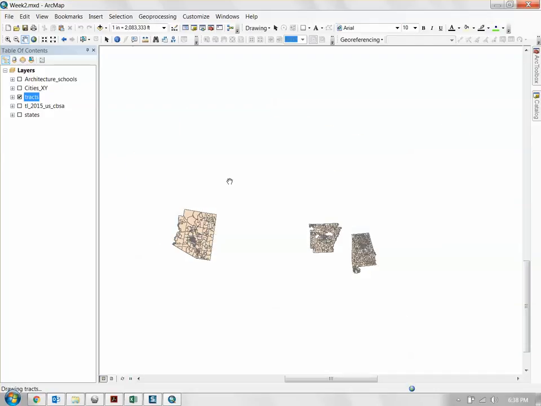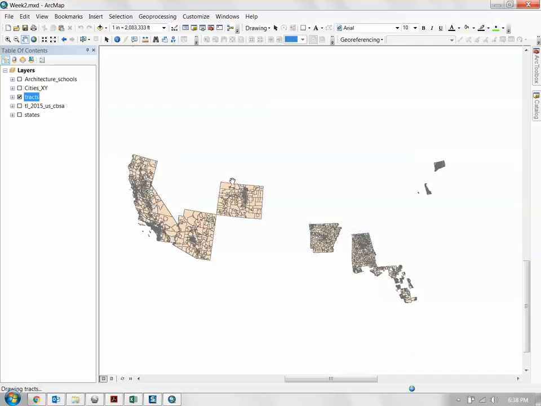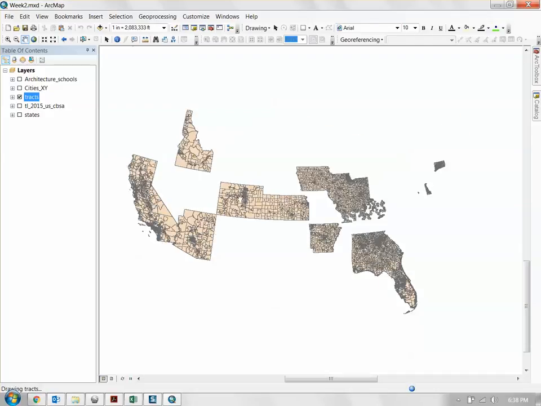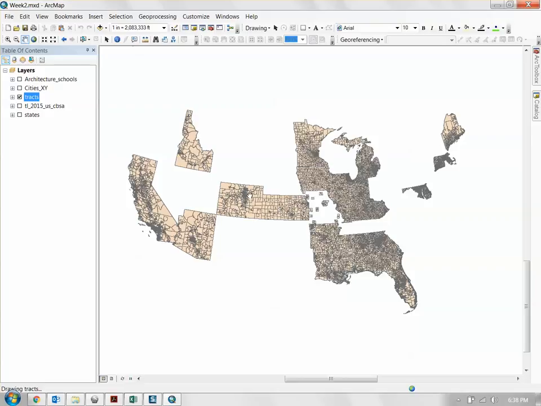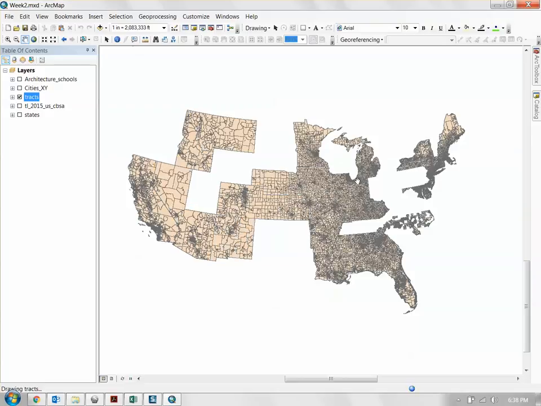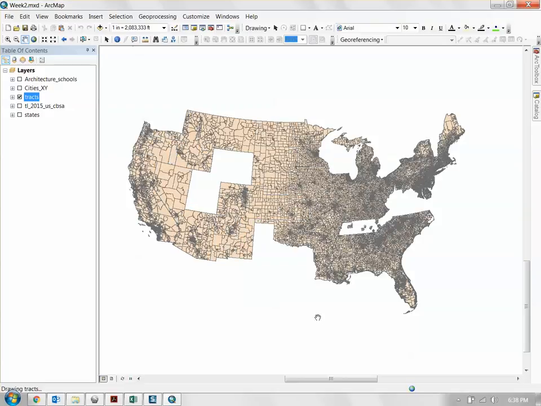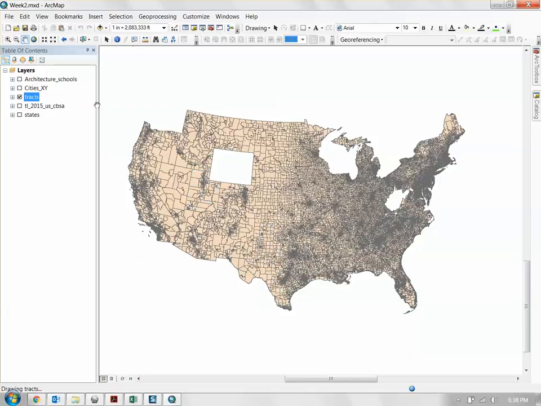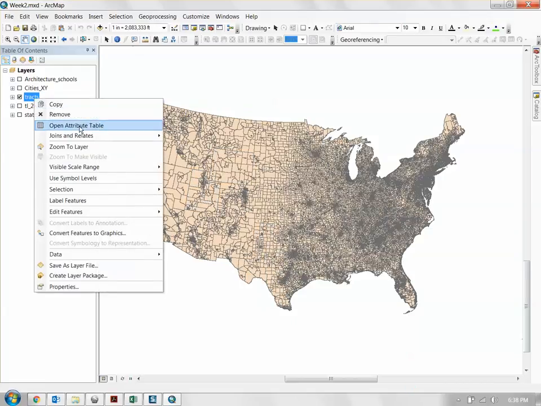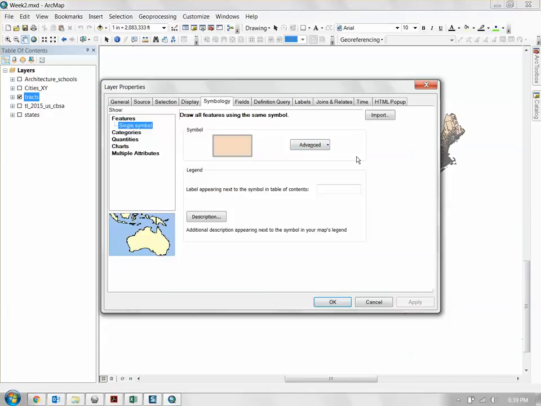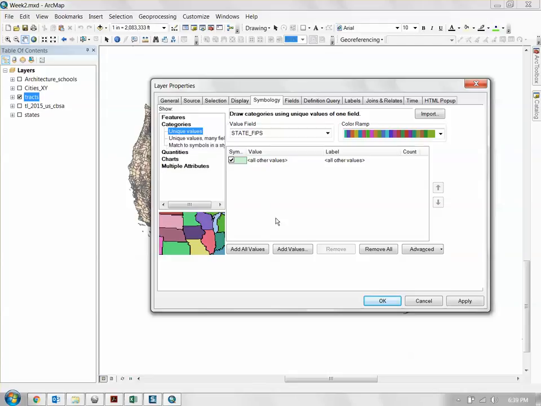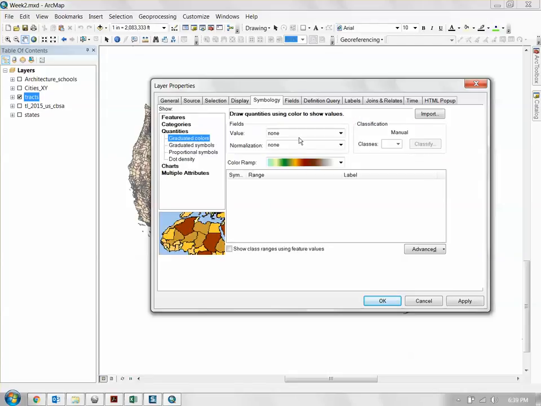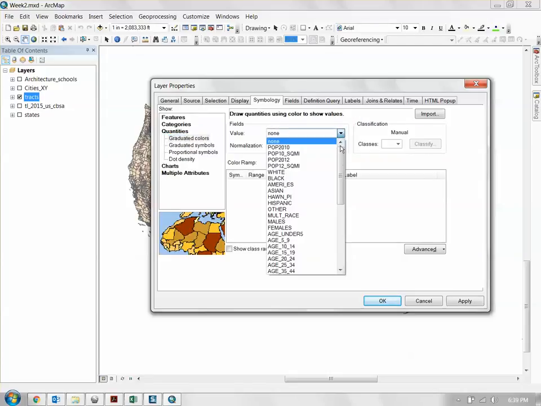Now, one thing I want to show you guys very quickly how to do. I showed you guys how to visualize things using quantities in the last tutorial, but what I want to show you right now is how to do it for something like this in a way that makes sense, real quickly. So what I'm going to do is right click on the layer, go to properties, go to categories,